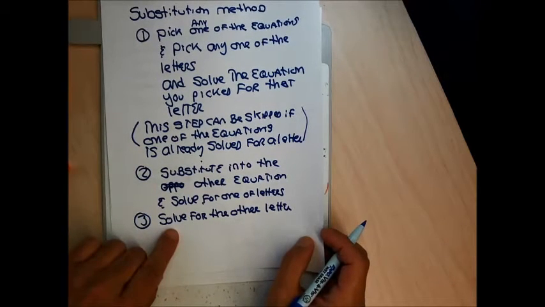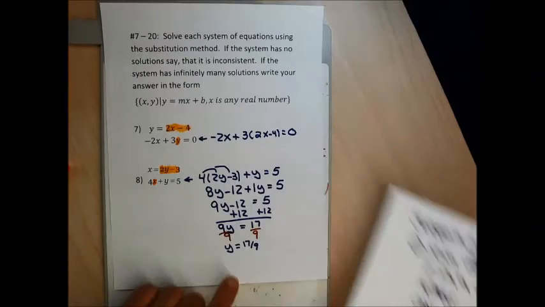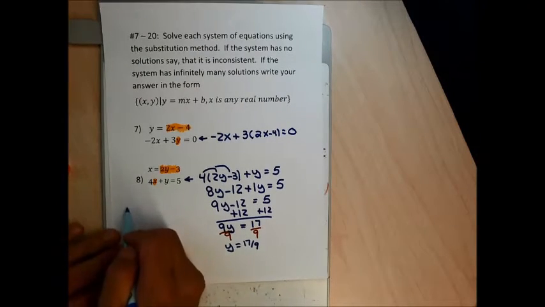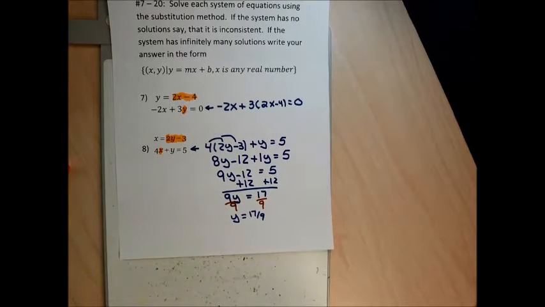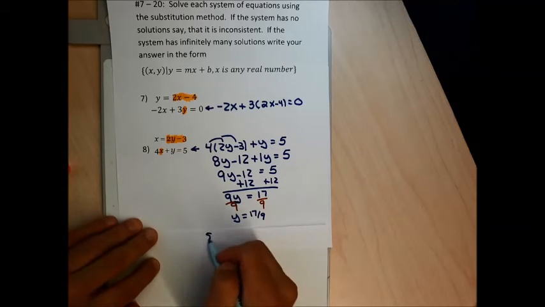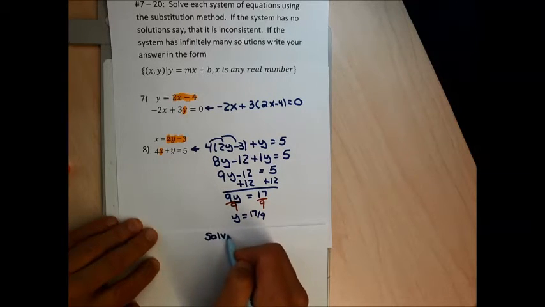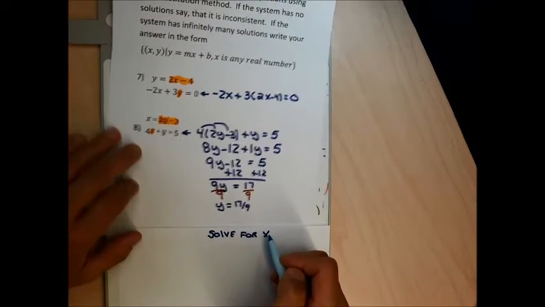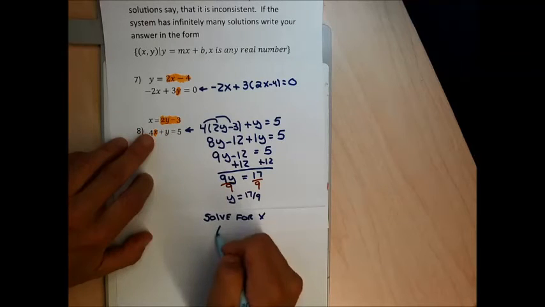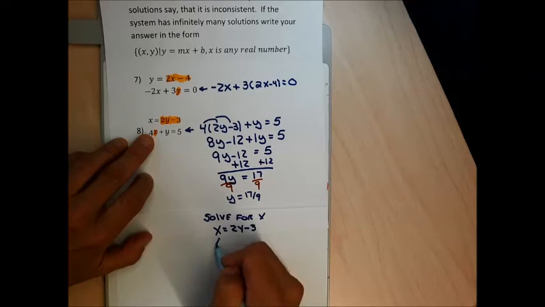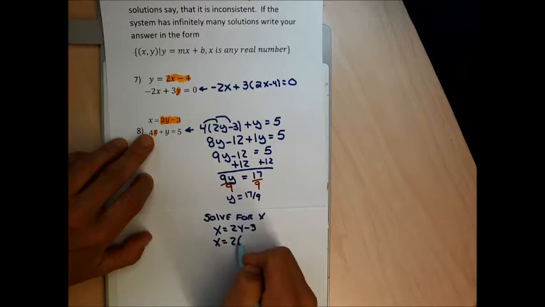Now I need to do step 3, solve for the other letter. The other letter for me is going to be the x. So I'm going to do my solving for x, and I can do that going down linearly here. This is my step 3. The best way for me to solve for x is to use this top equation. So I'm going to use the equation x equals 2y minus 3, and I'm going to plug in 17 over